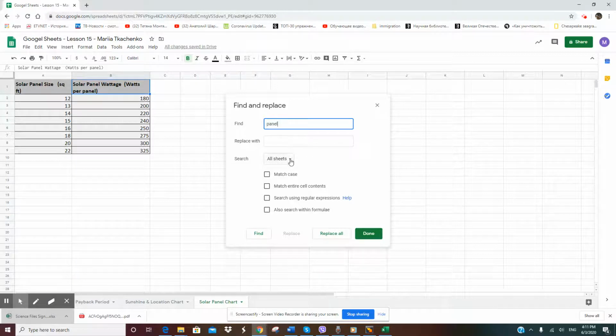You can choose where exactly you want to search this word, and whether you want to search the word in all the spreadsheets, or just in this sheet or in a specific range? You can also choose what to replace the word with. For example, we want to replace panel with high, and if you click done,